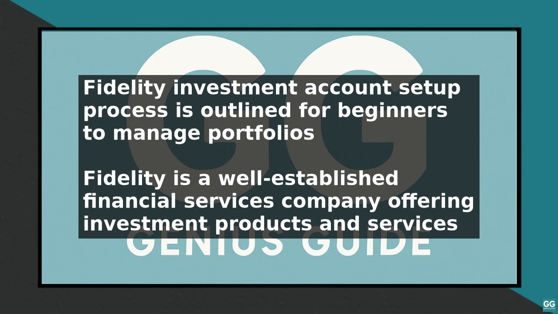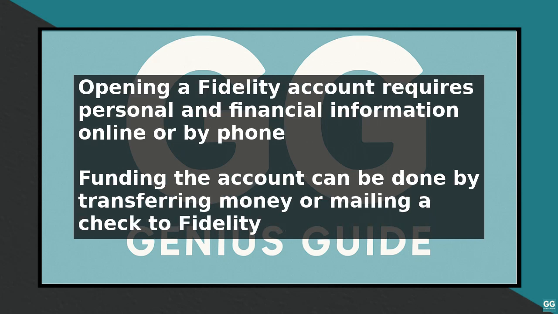You will need to provide some personal and financial information, such as your name, address, and social security number. Once your account is open, you can fund it by transferring money from your bank account or by mailing a check. Next, you need to choose the type of account you want to open, such as a brokerage account, IRA,